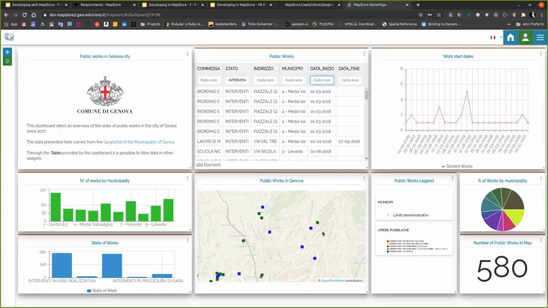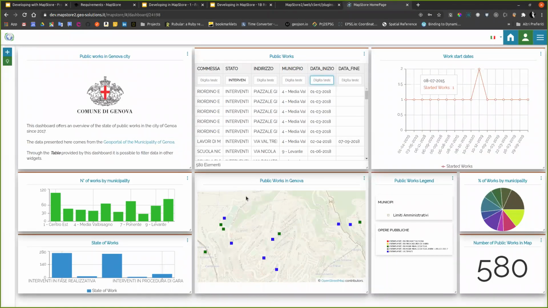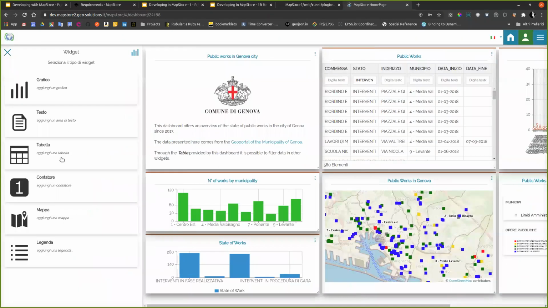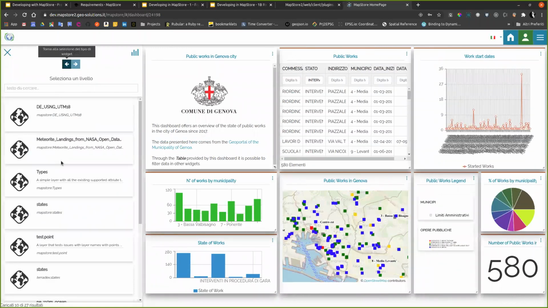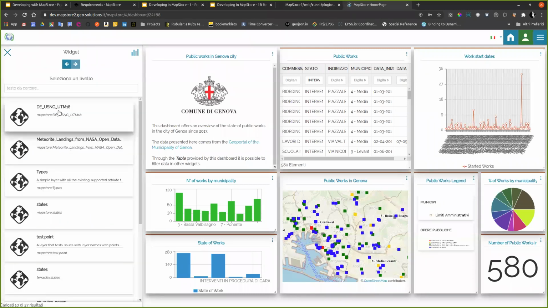As you can see, as I zoom, I have fewer values here in the chart. And you can create new charts and connect, for instance, a counter of this point of